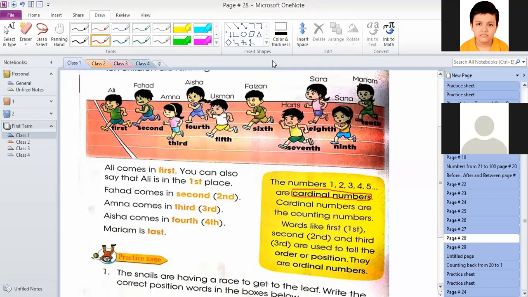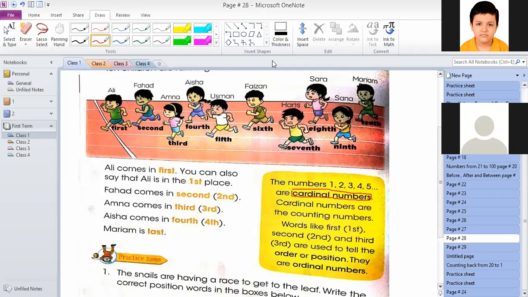If I ask you how many pencils do you have? So again you will count. And you will say, sir, I have 4 pencils, 5 pencils. Or if I ask you, how many biscuits did you buy yesterday? So you will count and say, sir, I bought 2 biscuits, 3 biscuits, or 4 biscuits, or 1 biscuit. So the numbers you use for counting are actually cardinal numbers. We have studied the numbers and practiced counting the number of objects so much. So is it clear what a cardinal number is, guys?